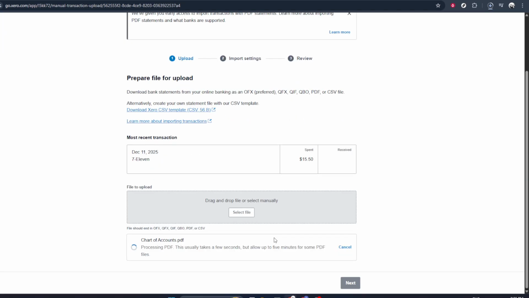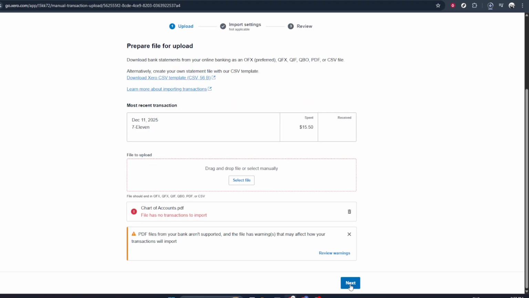After selecting your file, Xero will guide you through the remaining on-screen prompts. These prompts may include confirming the bank account, checking the date format, and mapping the columns in your CSV file, such as date, description, and amount, to the correct fields in Xero. Go through each prompt carefully, making sure that the data lines up correctly. If something doesn't look right, it's better to cancel and fix the CSV file